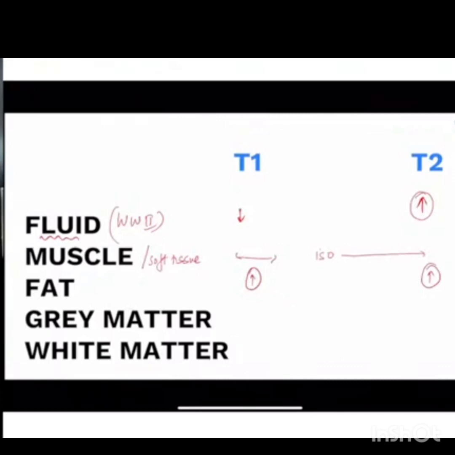What about grey matter, white matter? Where do you think it should live up to its name? T1, 1 means good, right? So on T1, it will live up to its name. Meaning what? That grey matter will appear grayer, will appear darker as compared to white matter. So just remember that it follows its name on a T1 weighted sequence, whereas it is opposite on a T2 weighted sequence. Okay, so this is about the basic differences that